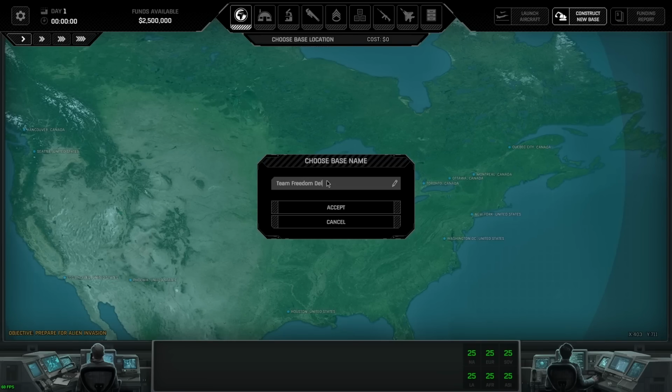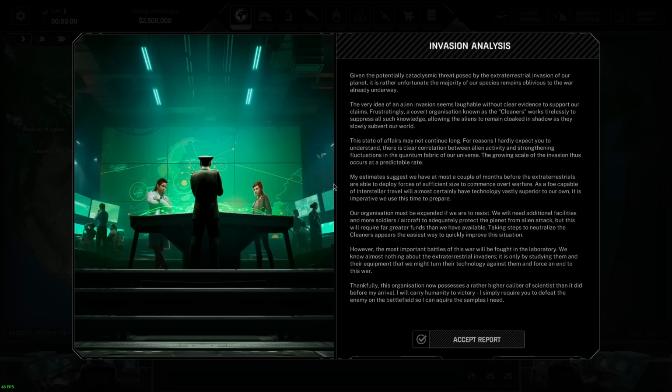Oh, damn it. Well, we'll call it just Team Freedom. I always hate when they give you that massive text box to type in your base name and then they give you two characters. All right, if you'd like to pause at this point, basically it's telling us that aliens